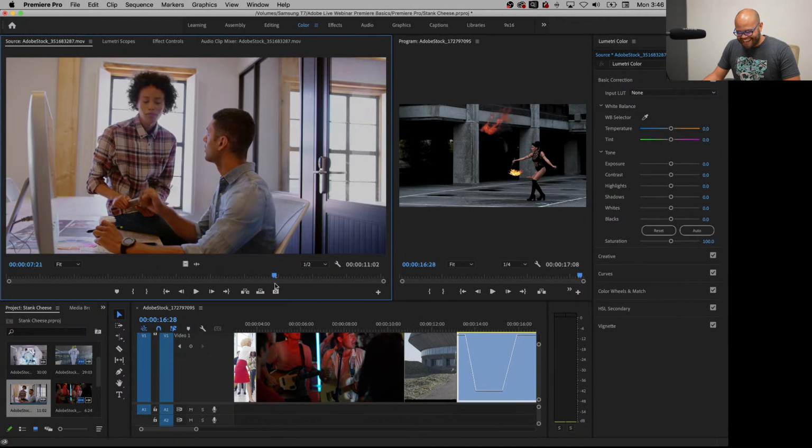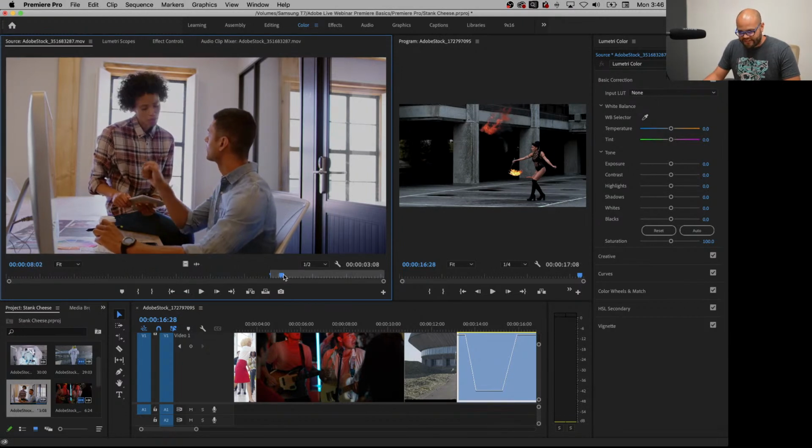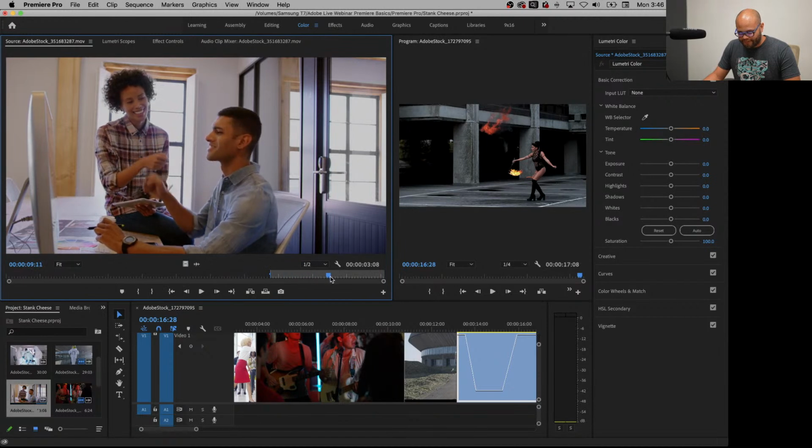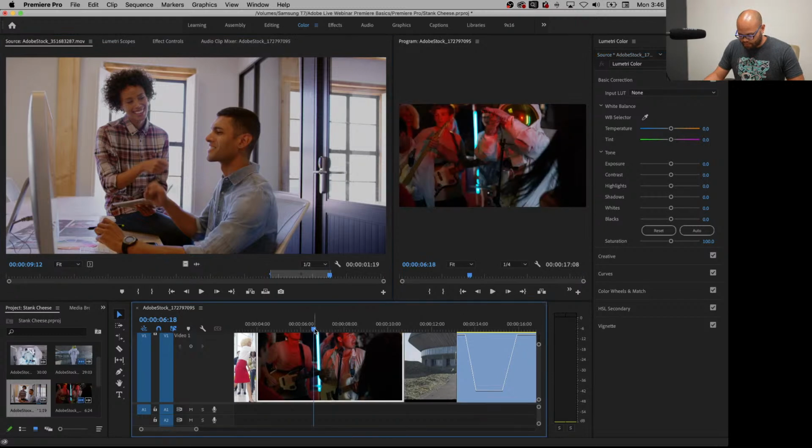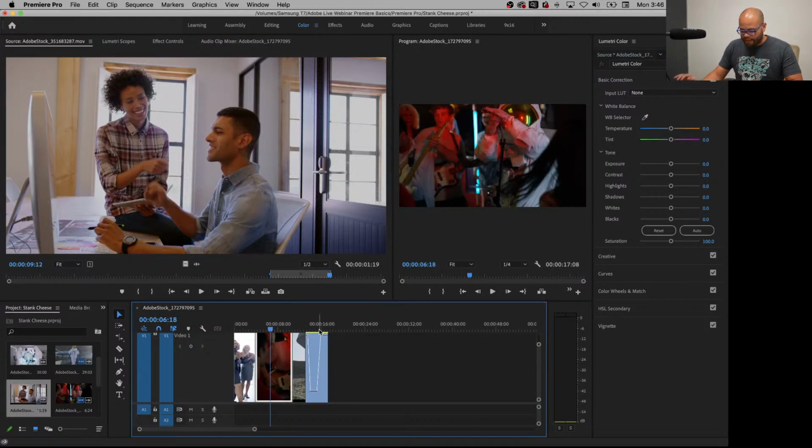So let's just get their fist bump in here. Again, I'm going to hit I on the keyboard to set my in point, fist bump, O on the keyboard to set my out point. And because I don't know where my playhead is here, I'm going to zoom out by hitting the minus or plus keys on my timeline. The next cool